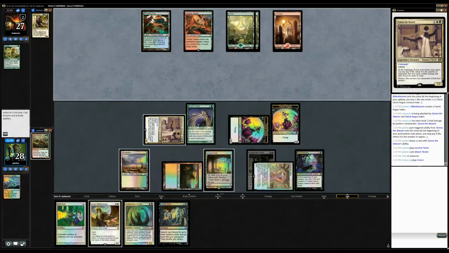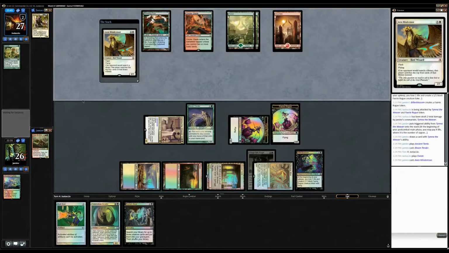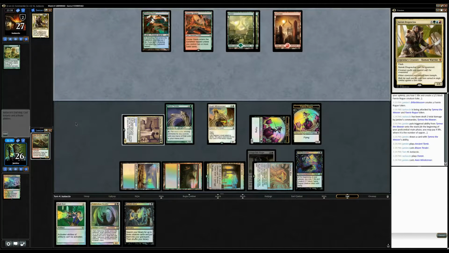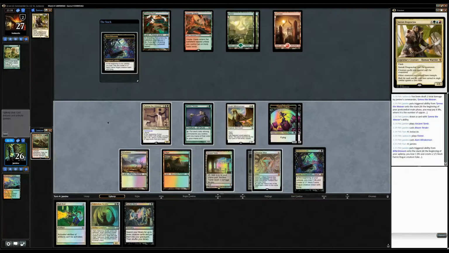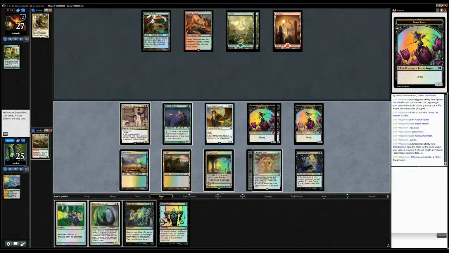Looks like they're on the Surrak plan, which makes Aven Mind Sensor pretty good. So either they can counter this and not play Surrak, or I get in with the Aven Mind Sensor, even if he has a Surrak. I guess I have all these other flyers too. Alright, so now